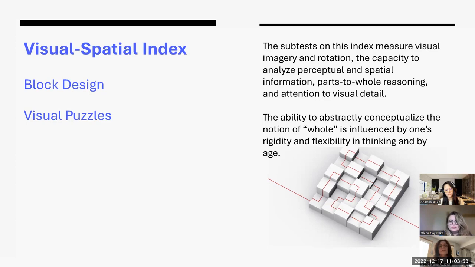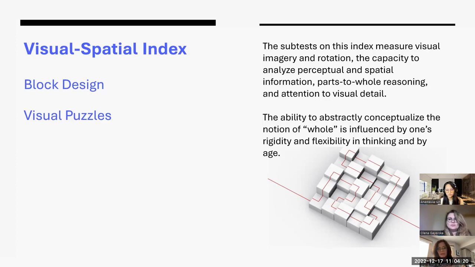Visual puzzles, the approach is quite different. Here you have a puzzle that's already completed, and then underneath that picture of the puzzle, there are 6 options of 6 pieces that make up that puzzle. The initial items are very concrete, and they're pretty much in the same orientation as the puzzle. And then the puzzle has lines to show you that it's made up of 3 pieces.